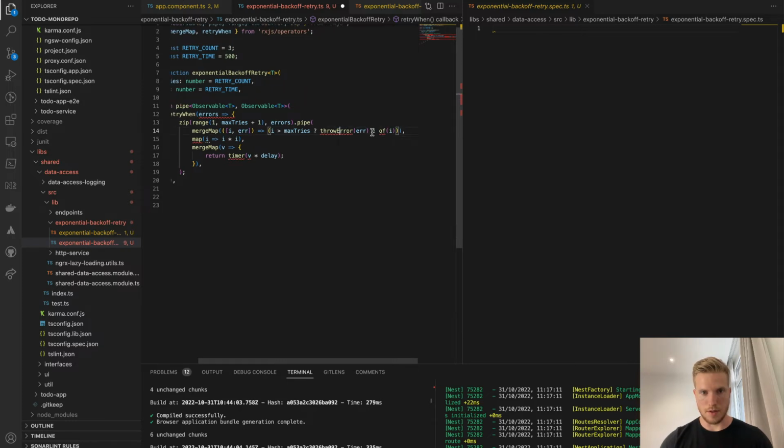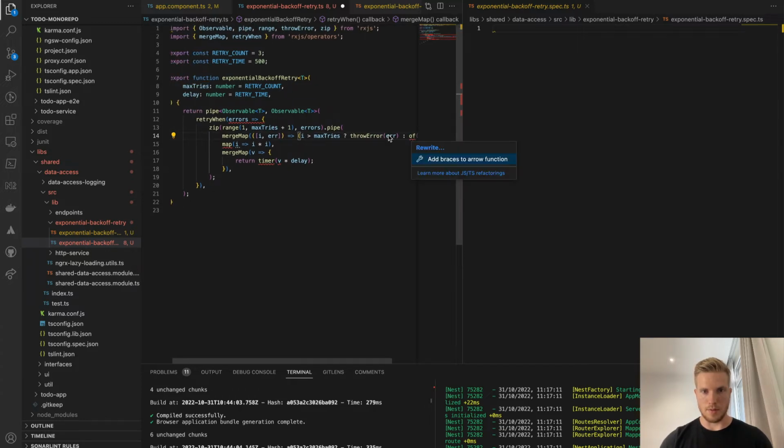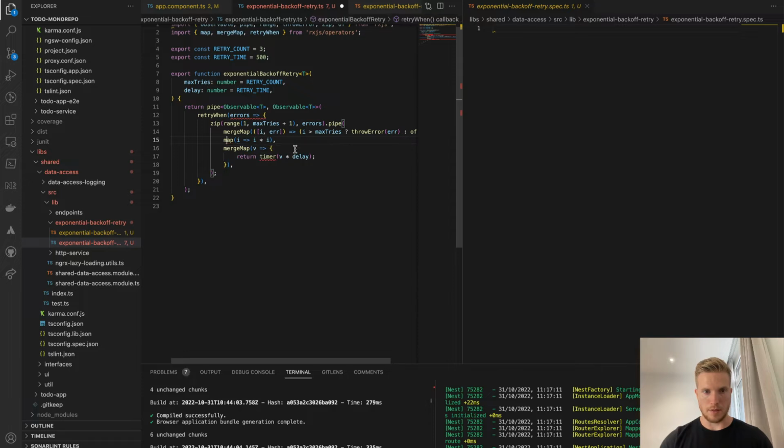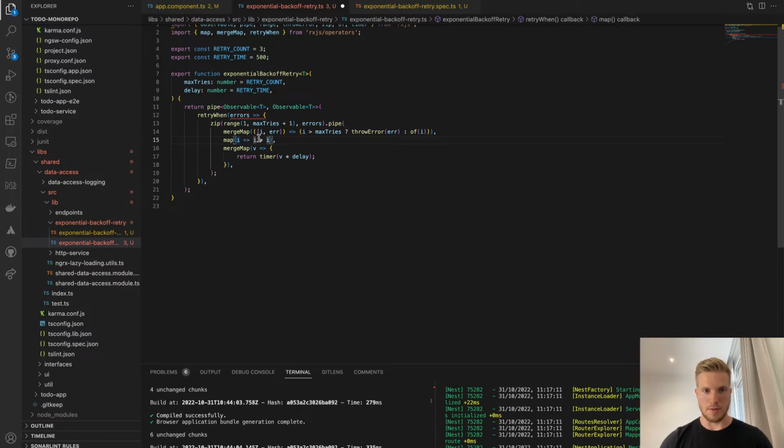And then if that exceeds the amount of retries, we want to actually throw the error, so the error is actually showing up in the app. There's the throwError operator, which comes from RxJS as well. And you got the map, which is operators, and we got the timer in that. So basically, that's how it's implemented,